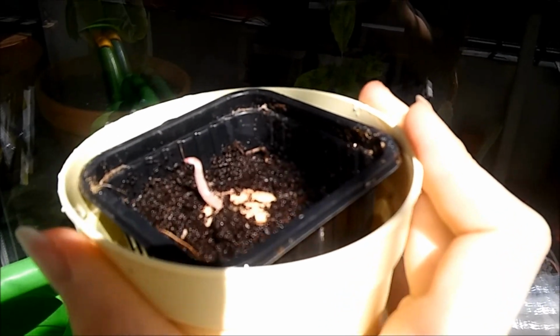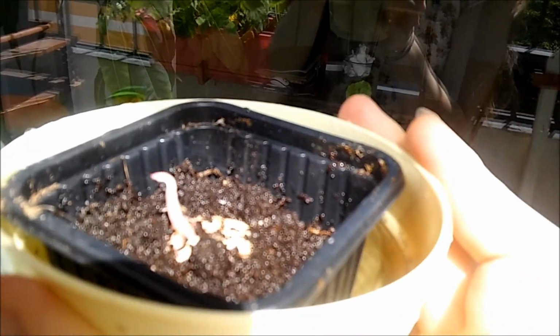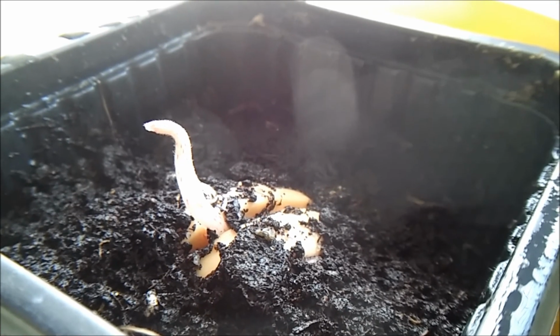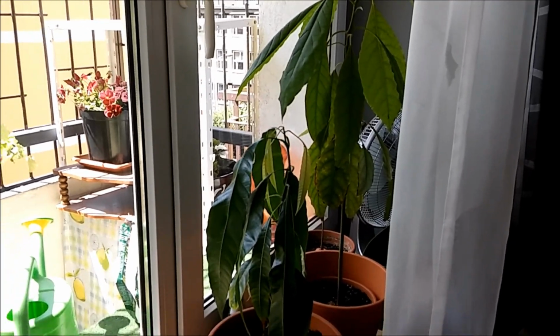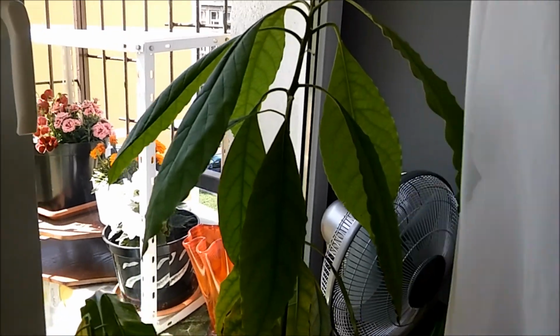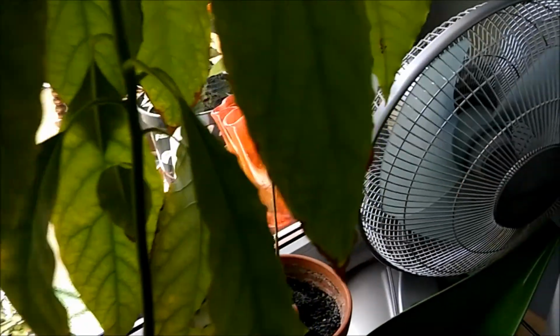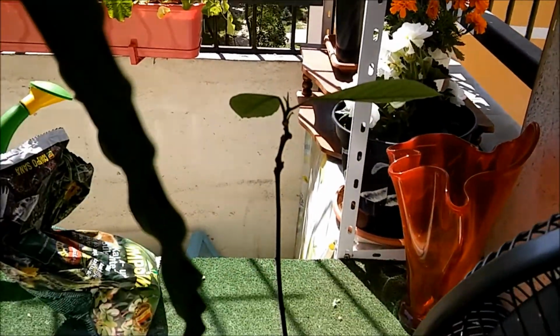The little... Oh, I know what it reminds me of. Isn't this the Loch Ness monster? So, there it is. My little Nessie monster avocado plant. And there are the others. So, there is the biggest avocado and the middle one in the back that actually had